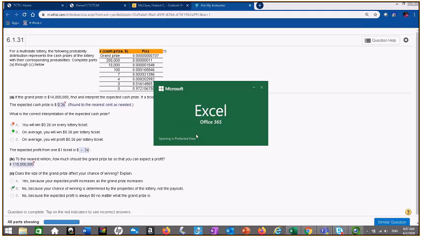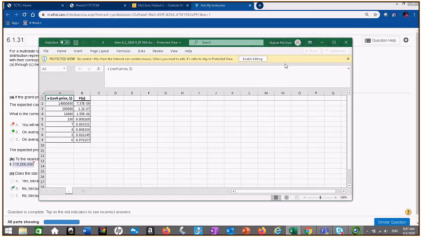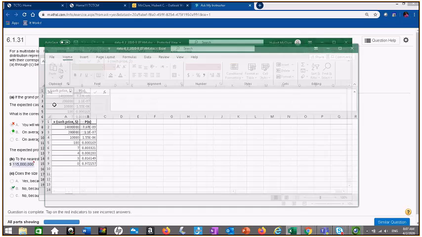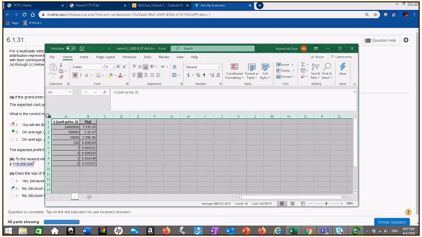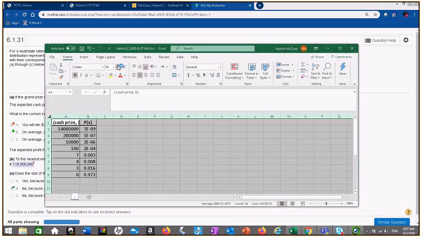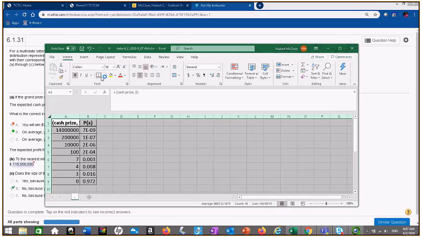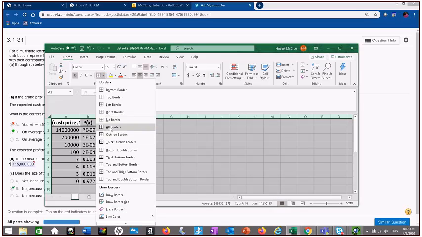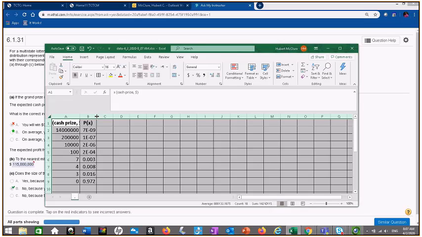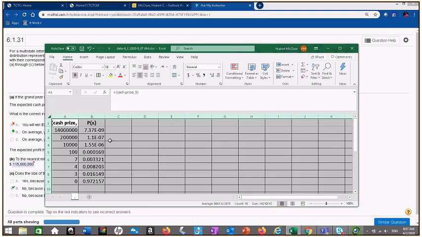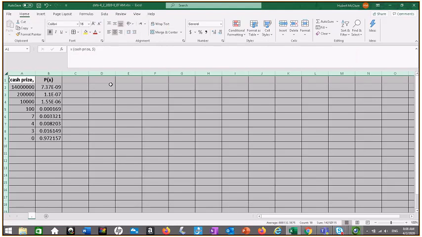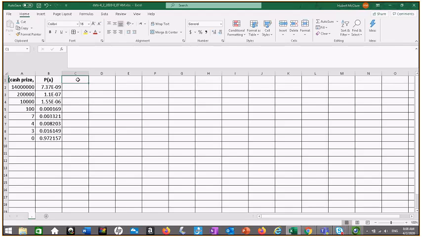Okay. So we're going to go ahead and find the, well, first of all, I'm going to make it a little bit bigger and fix the grid where you can see it. That's good enough. All right, so I'll go ahead and find the mean. So that's x times p of x,